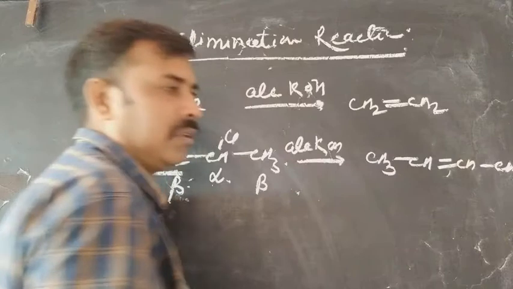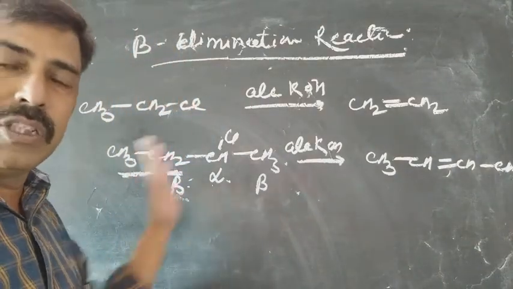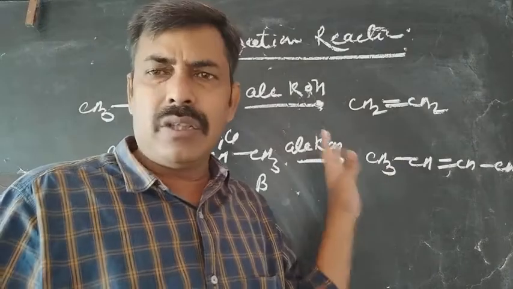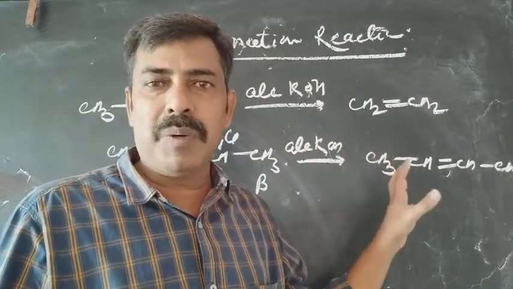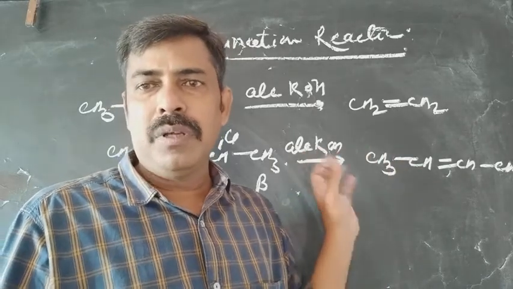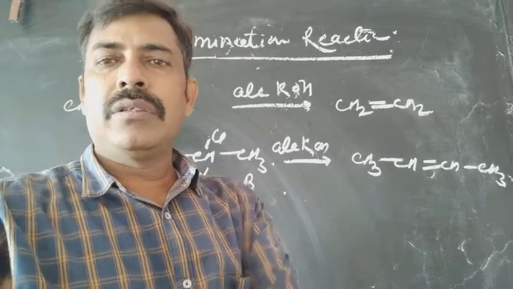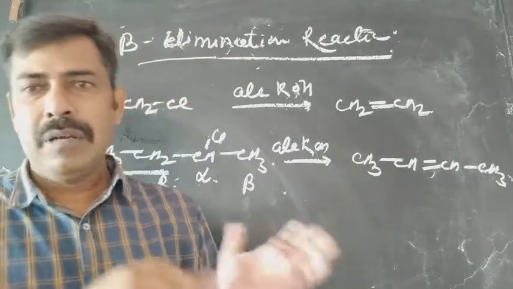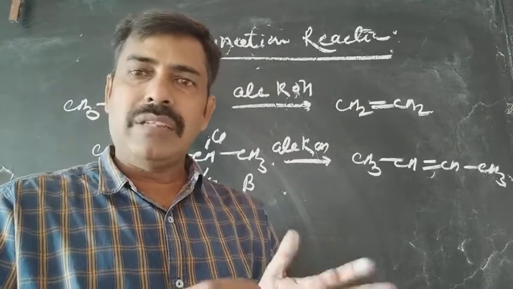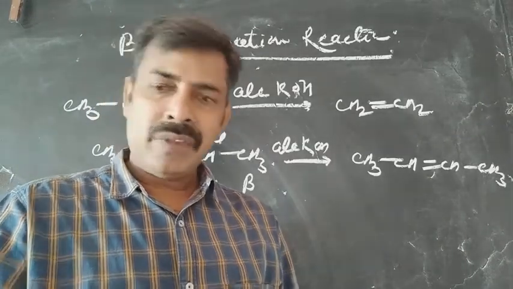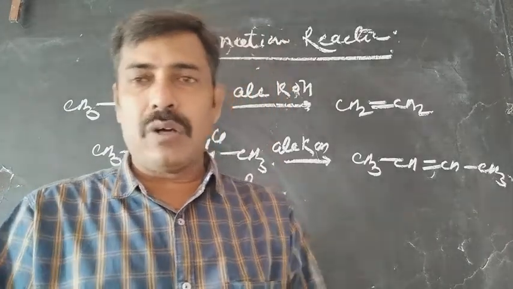Sometimes we think that whatever product is forming is the only product. It is not the only product. This is the major product. That means the maximum amount of this product is formed, and this product is butene. This is the butene prepared by this process as a major product, and this is called beta elimination. I am just trying to explain why the beta elimination is taking place, and why not substitution.